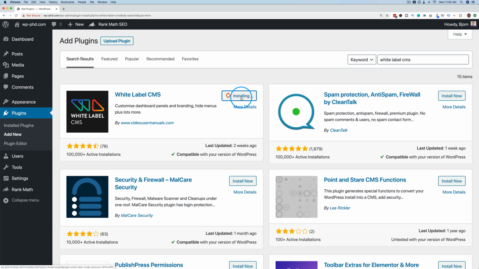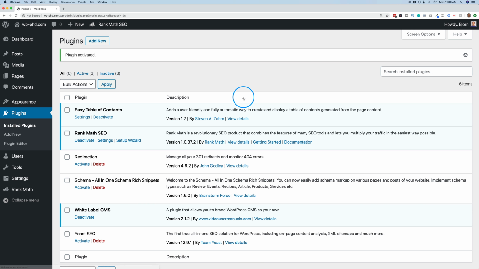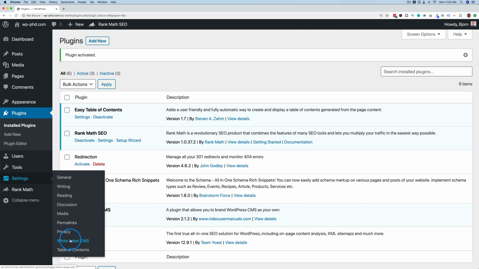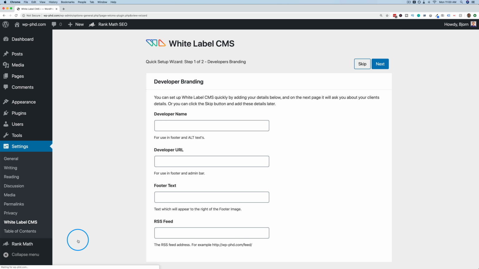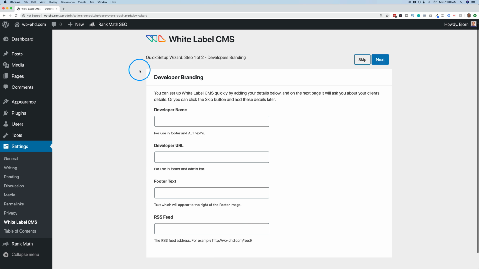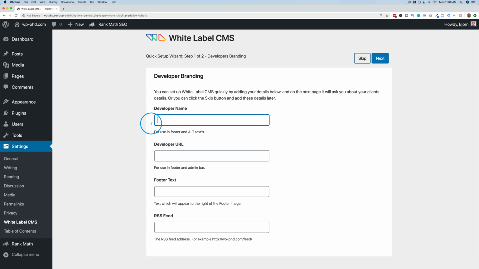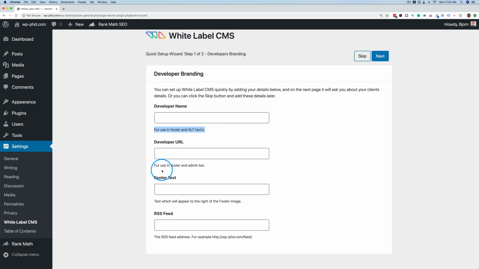Now I'll click on install and then activate once that is done. Now we have a new menu option under settings called White Label CMS. Click on that, and we're going to start walking through how to white label this website. So first we add a developer name. This will be used in the footer and alt text. This one will be used in the footer and the admin bar. Basically, you add your name, your company name as the developer. And then when a client sees it, they will think that you're the one who created everything because your company name will be everywhere. Let's just put WPLearningLab in here and then our URL